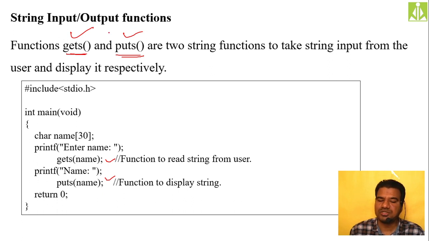And gets and puts can be used only with fixed length, because we said if the string is variable length, you have to do the initialization there itself. Puts, of course, to some extent you can use with variable length, but gets you can't, because gets is used to read the string, while for variable lengths we have to do the initialization in the program itself. So that's why you can't use gets with variable length strings. You can use it, but as long as the size is fixed; you cannot vary the size.